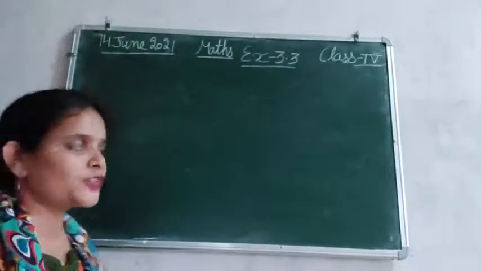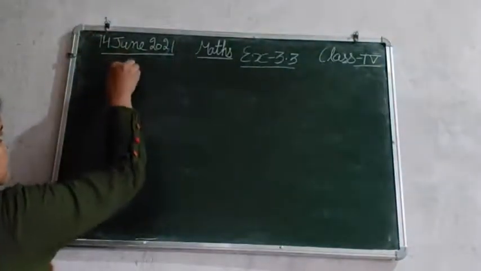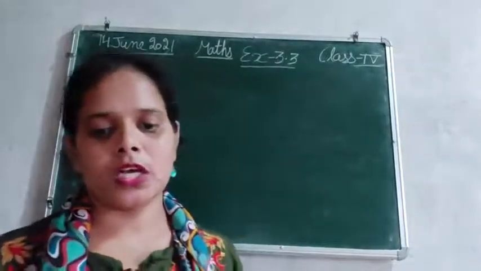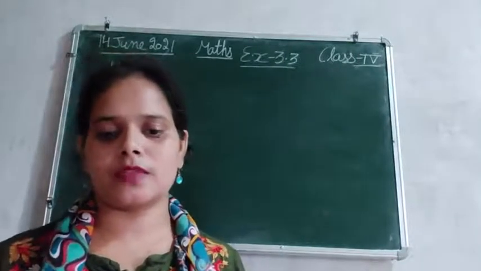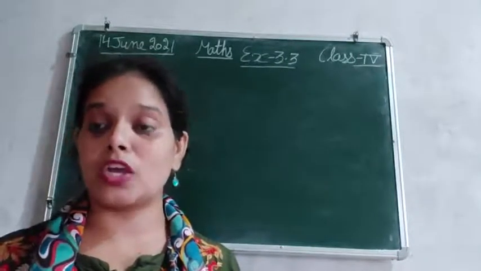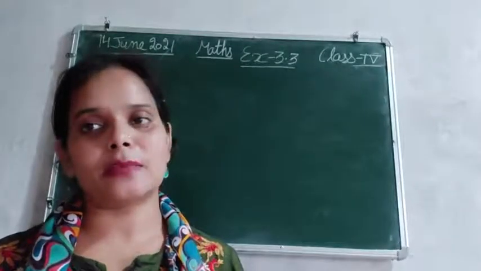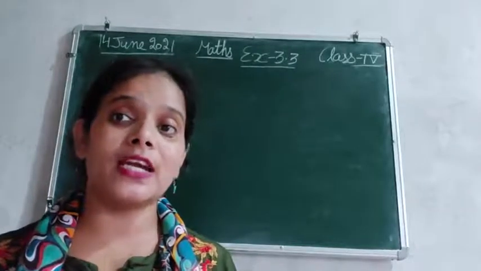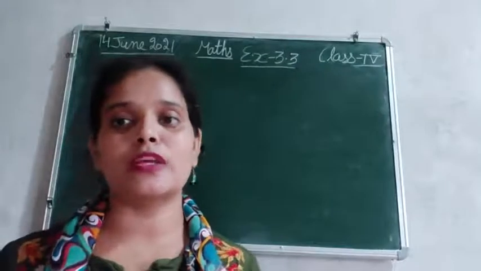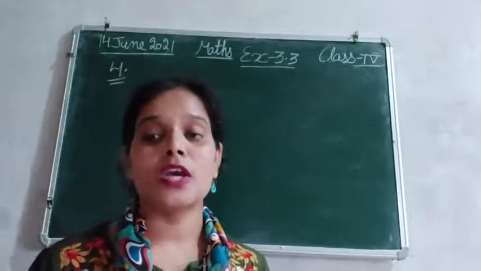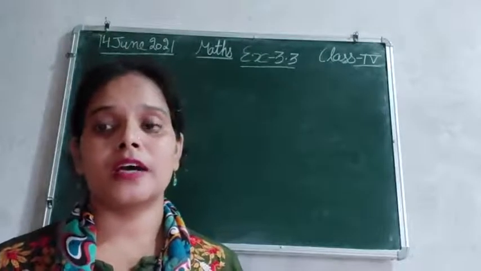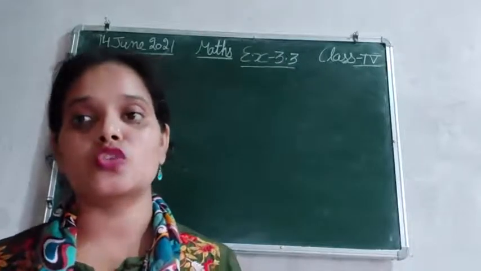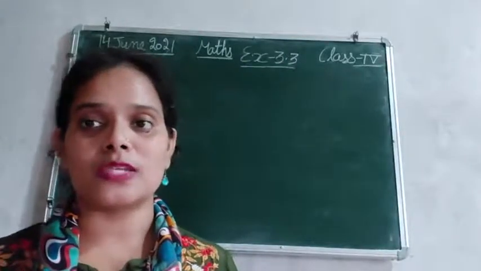The question number 4 is, find the actual and estimated sum by rounding off to the nearest 10,000. So that means हमें nearest 10,000 round off करना है. So we are going to observe the digit that is at the thousands place. तो देखिए उससे एक छोटा जो place value होता है, उस पे जो digit होता है उसको observe करते हैं. So we are going to observe the number that is given at thousands place.